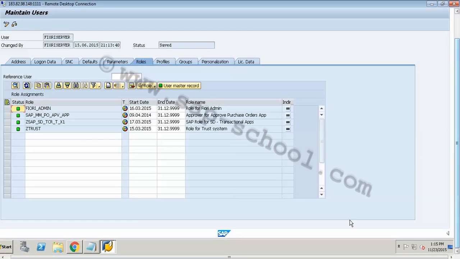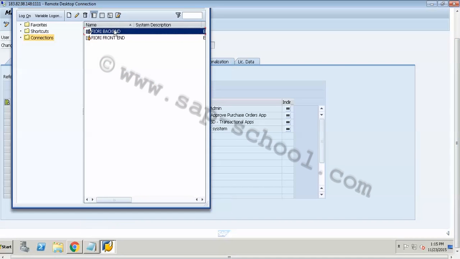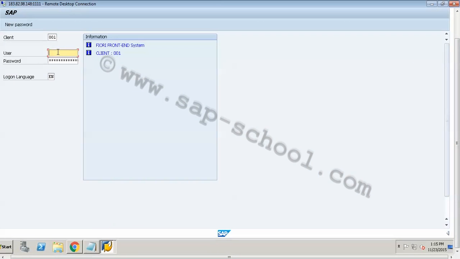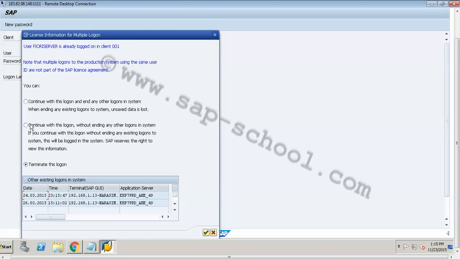So now let's go back to our front end and we will see the same user existing in my front end as well, because as I said earlier, my user has to exist in both systems.